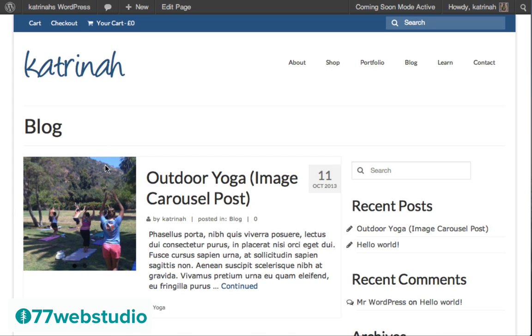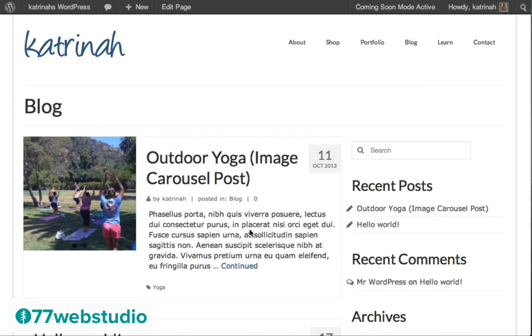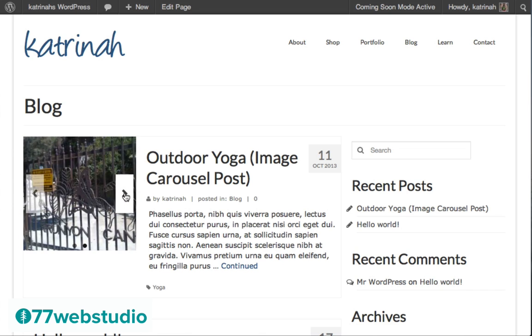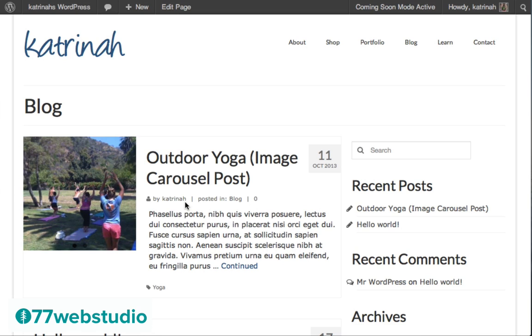Okay, great. So let's add a couple more blog posts so I can show you other kinds of formats that can be displayed here in the blog archive page. The next one that we're going to add is a blog post with simply a static image. This one is a carousel. The next one we're going to add is simply a static image.